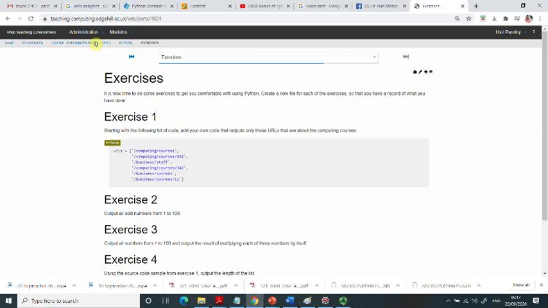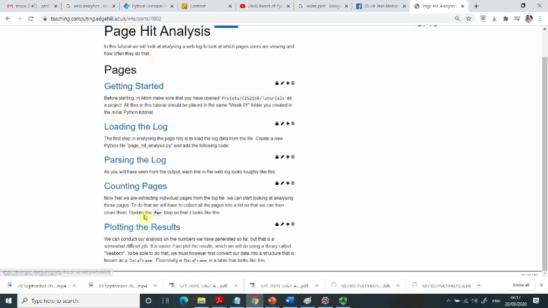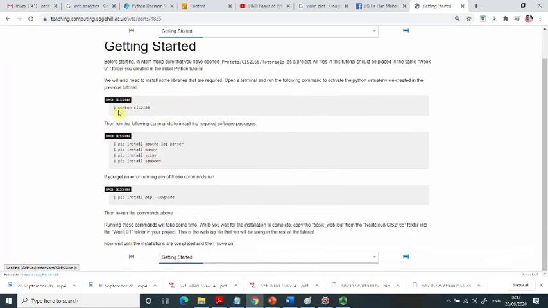Now in the next week, we will start a session on page hit analysis. You can watch my video on page hit analysis, then open the page hit analysis tutorial and follow the instructions given here. First of all, you need to click on getting started, and then move to your virtual environment, that is CIS2168, using the command workon, and then use pip install to install different packages, for example numpy, scipy, seaborn for plotting, and then you need to run this command to upgrade your libraries, upgrade the environment, and then you will use